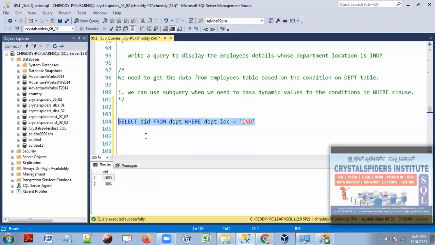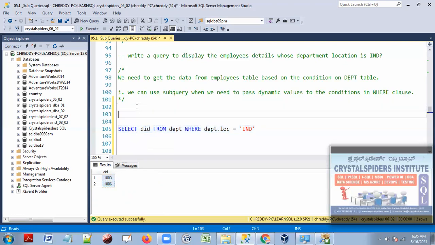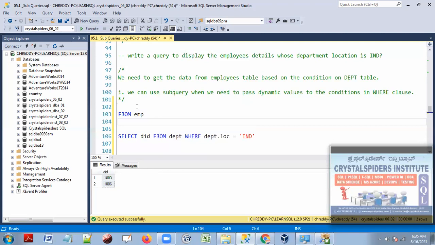And I want to see all the employees who are from these two departments. How do you display all the employees? Take the data from the employee table where the DEPT ID is equal to this subquery.